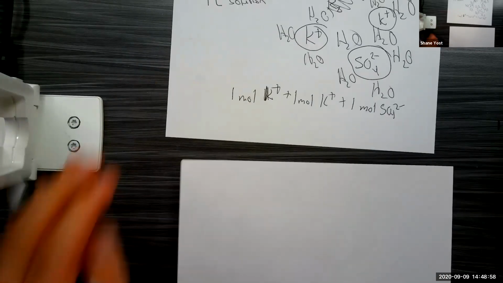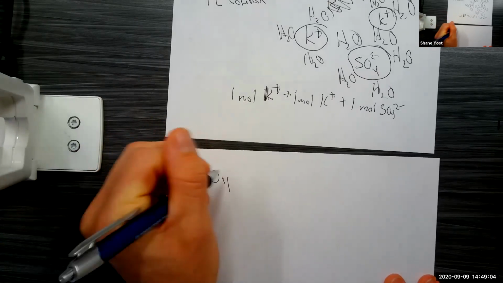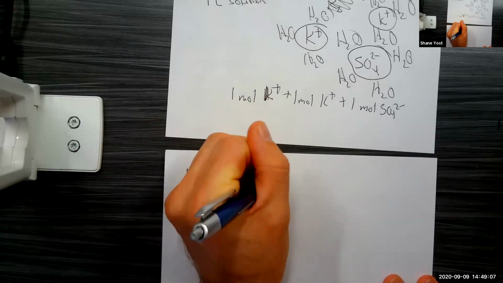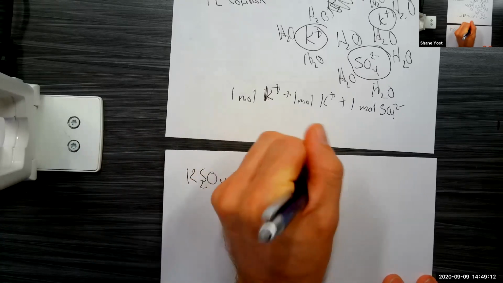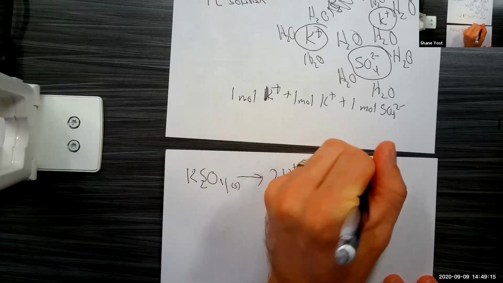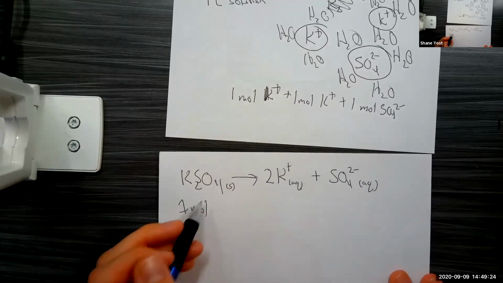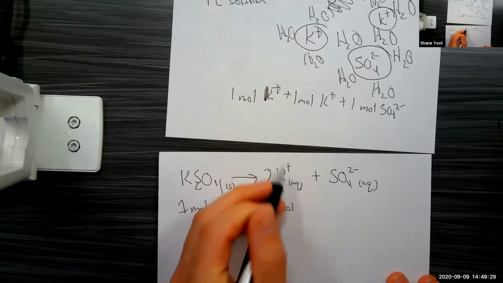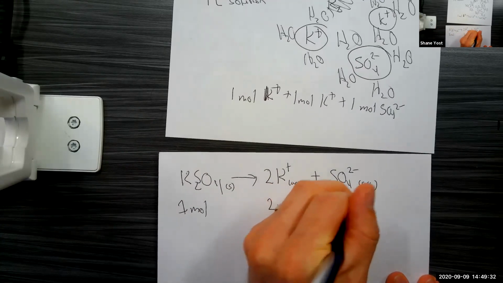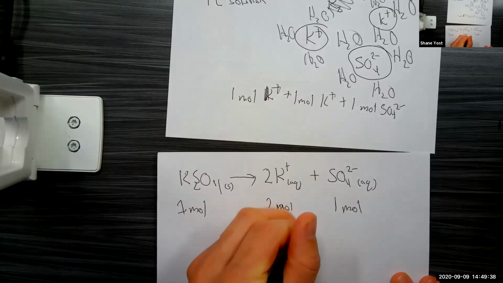Actually, let me write this on a new sheet of paper so it's not crunched in everywhere. So this is solid K2SO4 going to 2K+ aqueous plus SO4 2- aqueous. If I dissolve 1 mole of this in solution, what will happen when it dissolves? I get 2 moles of potassium ions and 1 mole of sulfate ions. So I get a total of 3 moles of stuff,